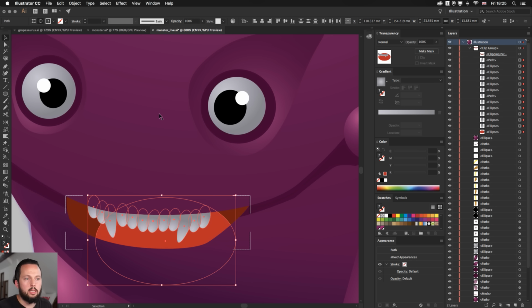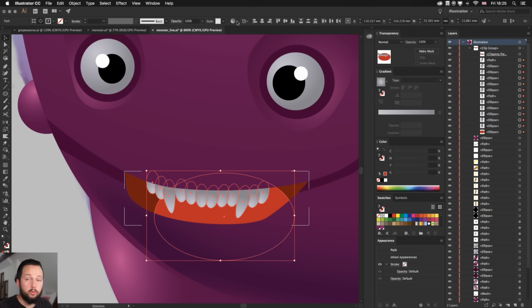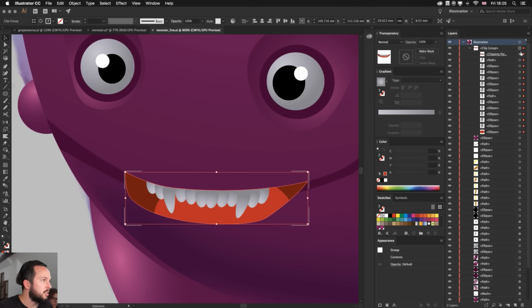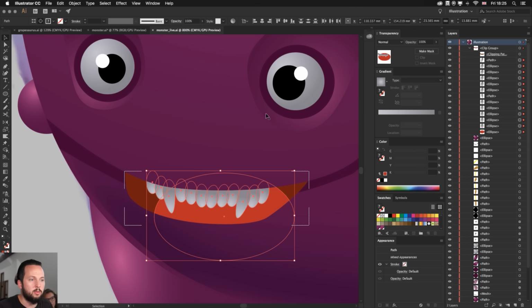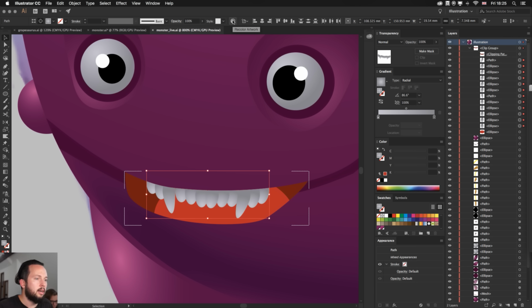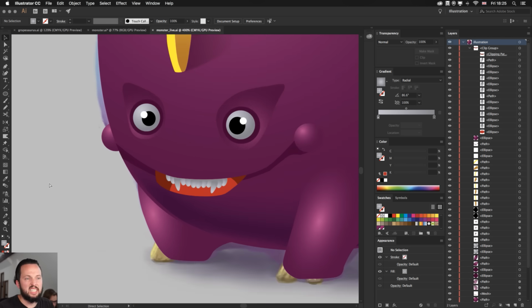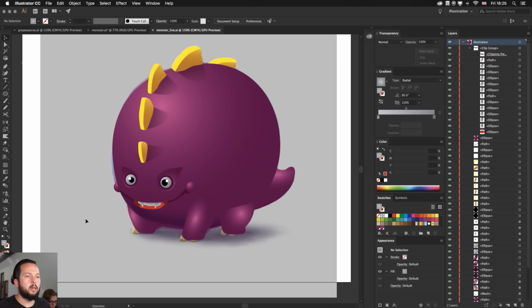So let me just select all the teeth, and with the recolor artwork here on the top, the little color wheel, we can get to all of the colors that we used in there. Let's just save in case the document crashes, because I'm starting to test the computer, especially because we are doing the live stream as well. But yeah, so if I have these details selected, I think the live recolor artwork is showing up somewhere outside of my screen, so let's not worry about that. I think it looks fine. I would just make it slightly darker, but for now I think it will work.